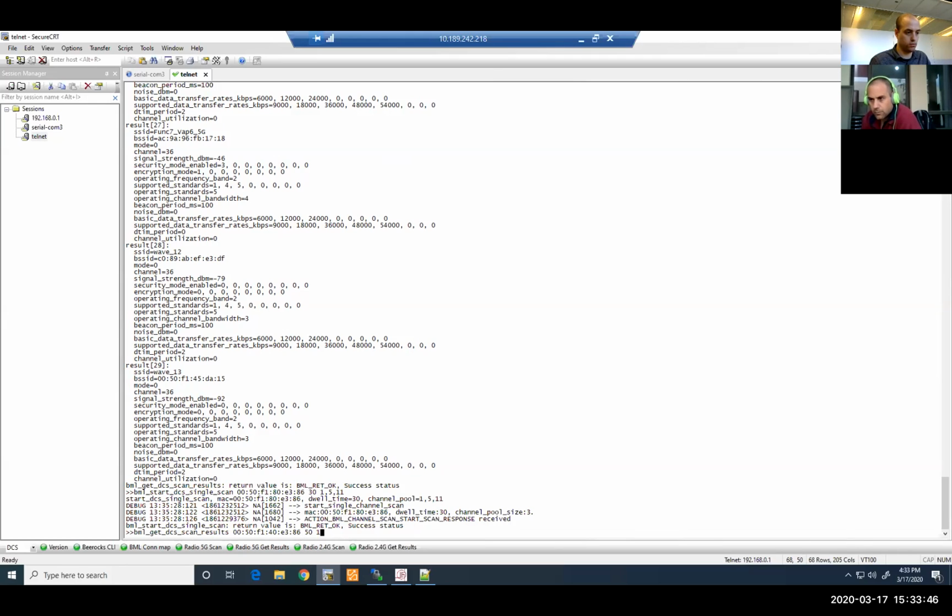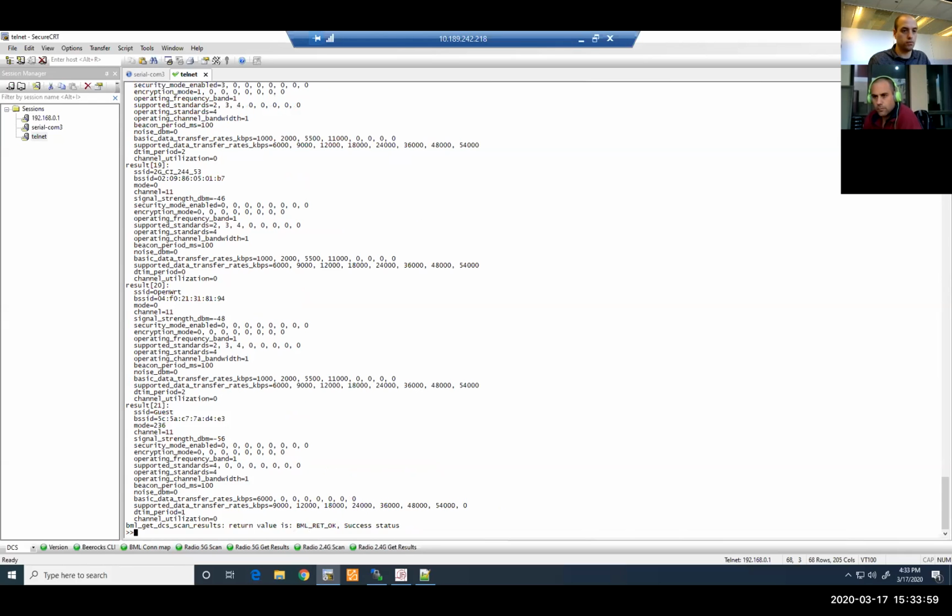So now I'm going to run the second DCS get scan result, the second radio. So if I run, now you can see there are,